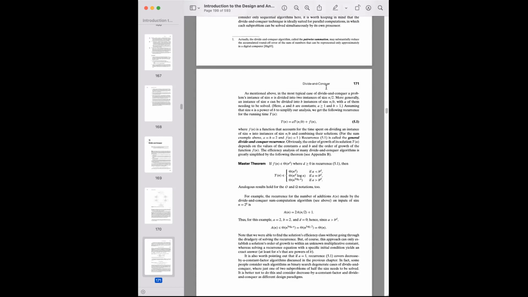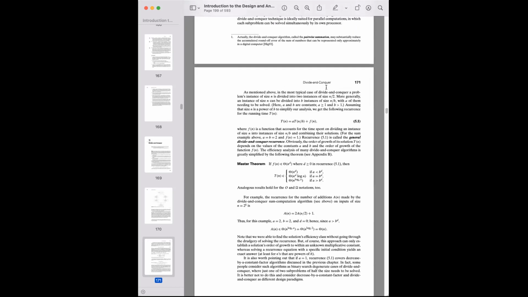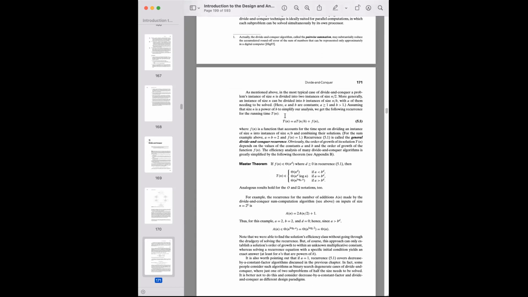So we have here some formulas that are going to help us out. Okay, so the first one we're talking about here is this formula, formula 5.1. Okay, so what this is saying is that the total time it's going to take us to do n. Okay, we're going to divide up our problem into a pieces, each of which,